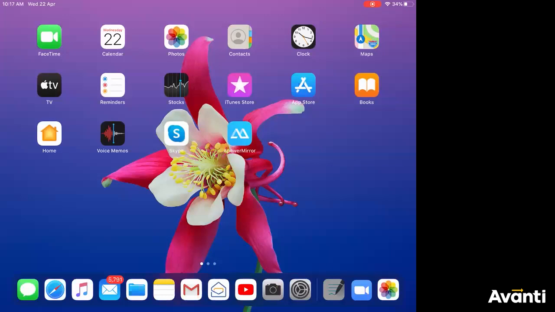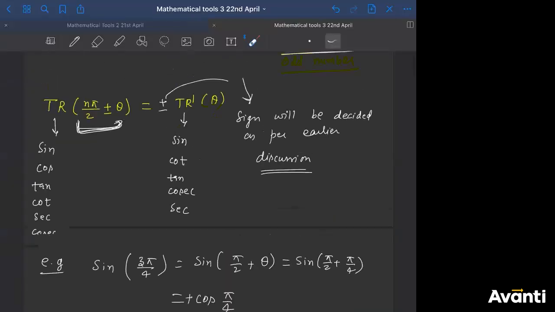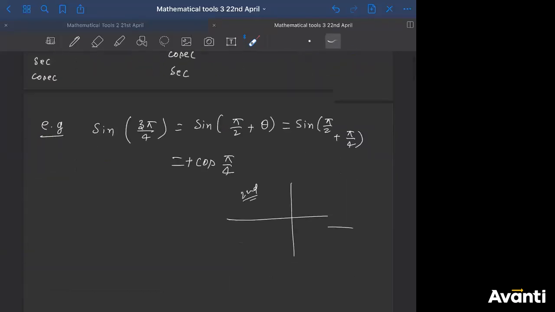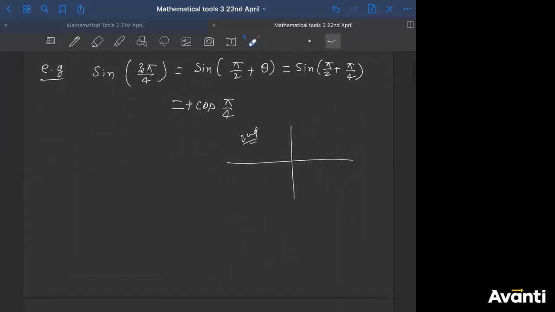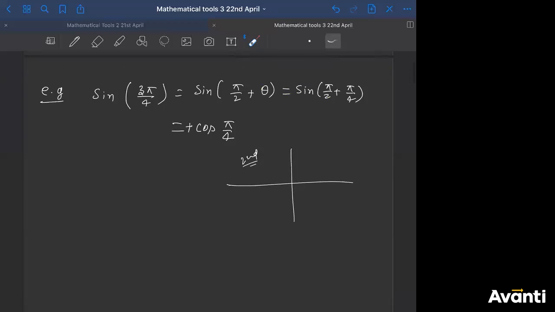So I'll upload the notes today after 3 o'clock. So please do check the notes. At the end of it, I'll be adding some assignment numericals based on this. Okay. So the approach will remain the same. कोई भी खतरनाक issue नहीं है. Same तरीके का काम करना है. I'll solve some numericals also, some examples also, and then I'll add some assignment. So please do check the notes after 3 o'clock.